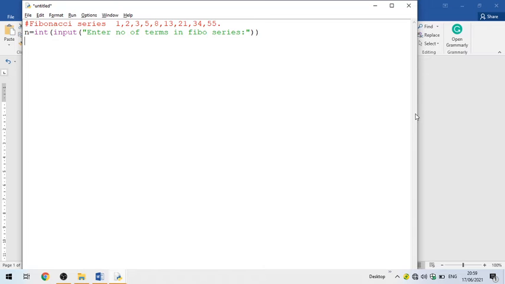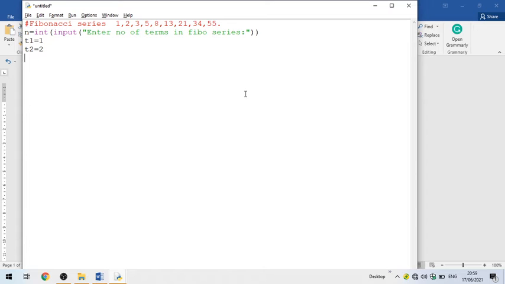Now the previous two terms, for example t1 and t2. So T1 plus T2 will be T3. For the sake of convenience, we declare a variable T1 and assign it 1, and another variable T2 and assign it 2.